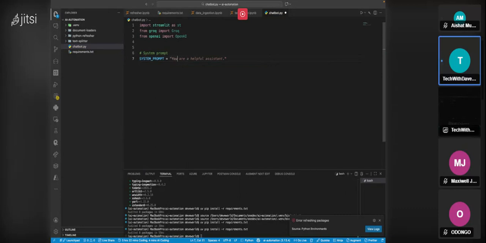So we'll just say: you are a helpful assistant, answer the user's question carefully and concisely. Very good. Basically, what this system prompt helps us to do is